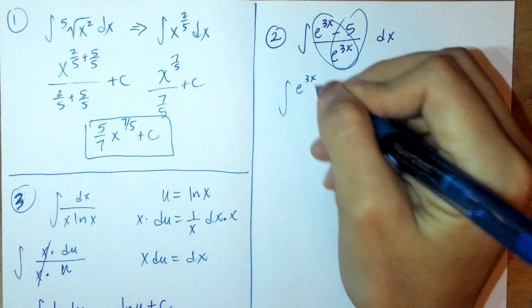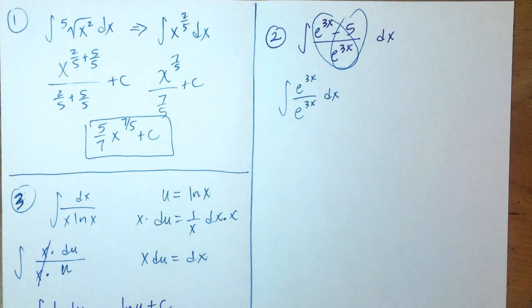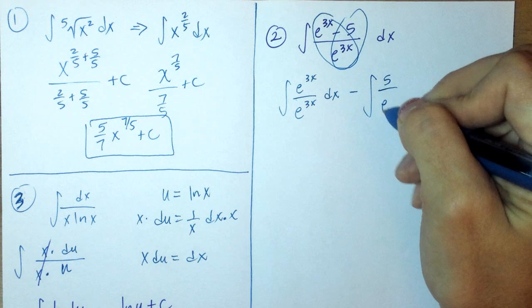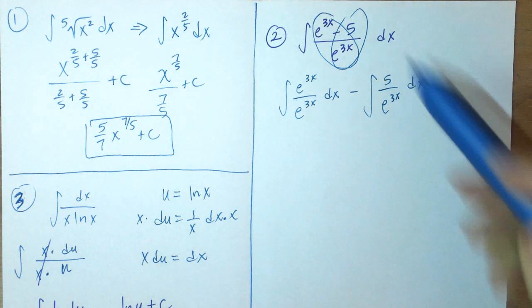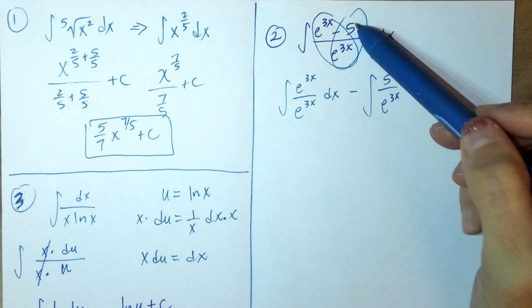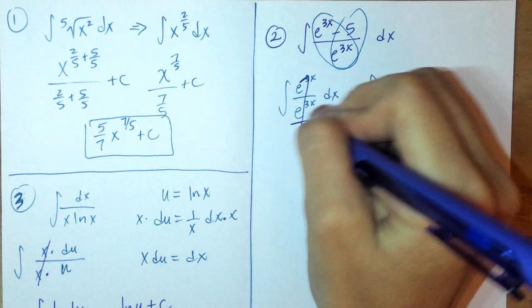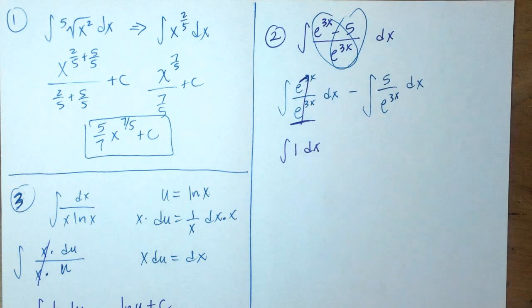E to the 3x over e to the 3x, and I'm going to split it up into 2 parts. dx minus the integral of 5 e to the 3x dx. Looks like that. So I did this guy over this guy minus this guy over this guy. Then this right here is just 1, right? This guy right here is just 1. So you get the integral of 1 dx